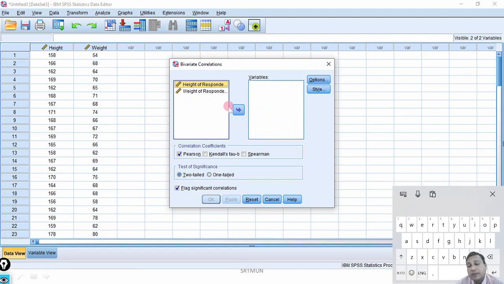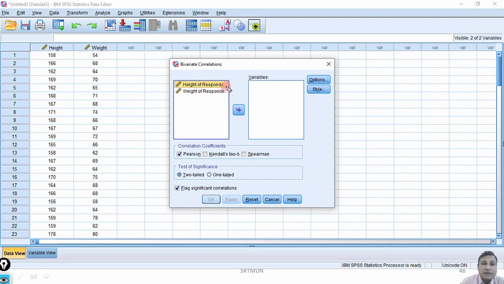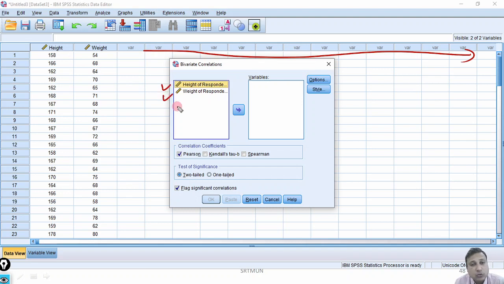As I click on the bivariate option, I'll get a new pop-up window, and here I'll place both the variables in the variables box. Now suppose you have plenty of variables; you have to identify the appropriate two variables for which you actually want to compute the correlation coefficient. And that is the most difficult task.